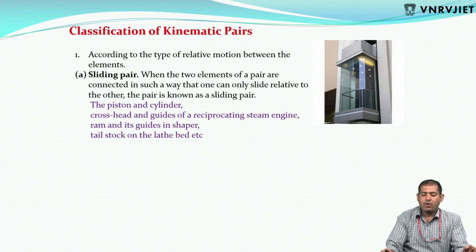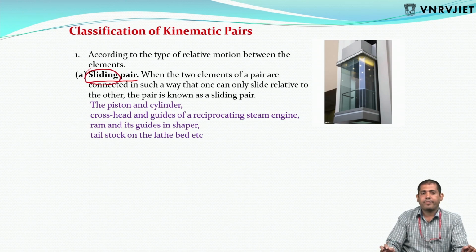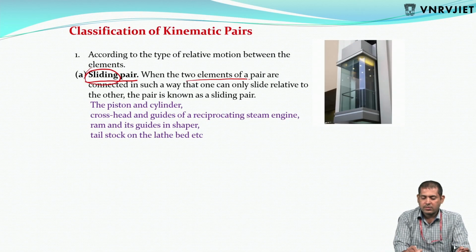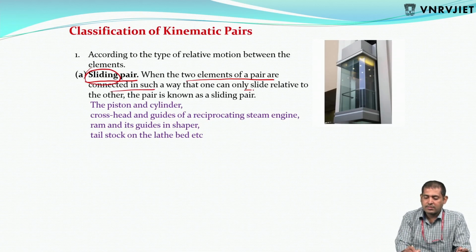Now, first, according to the type of relative motion between the elements. The first one is the sliding pair, namely itself sliding. One body or one element slides over another element. Simple. So two elements of a pair are connected in such a way that one can slide relative to